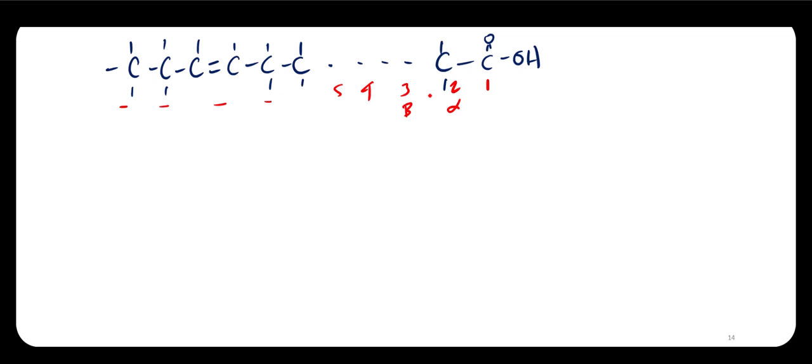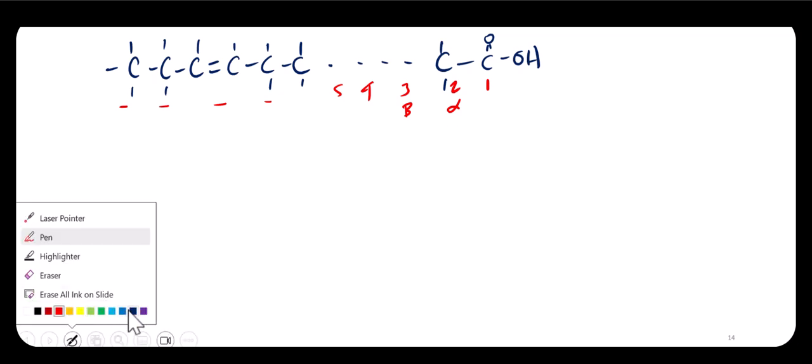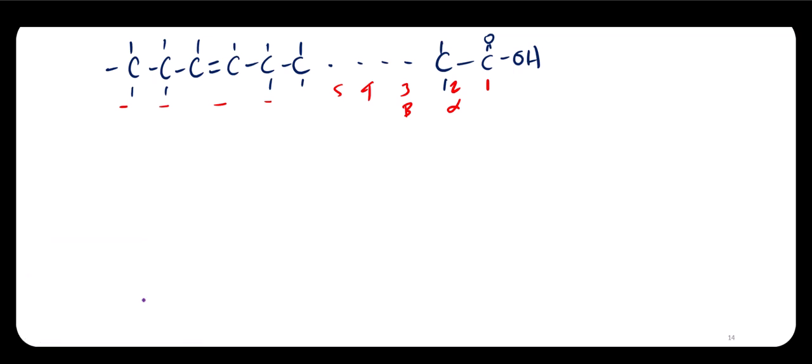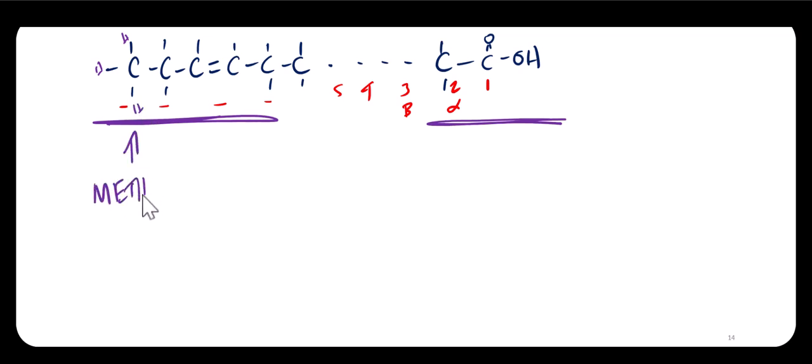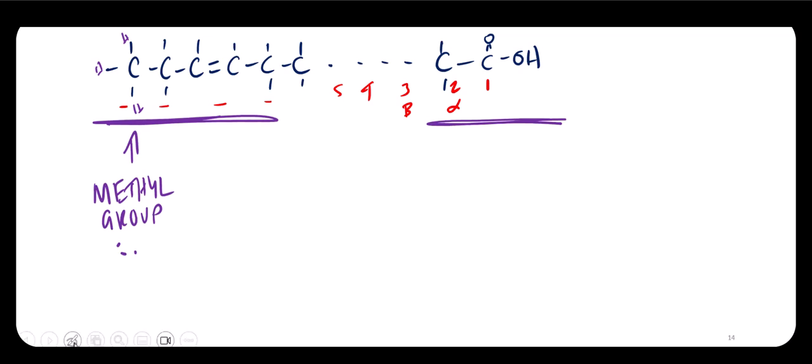When we're determining what omega number the fatty acid has, is it an omega 1, an omega 2, whatever, we're not going to count from the carboxyl end, we're going to count from the methyl end. So remember, 3 hydrogens on here make this a methyl group. Therefore, we call this the methyl